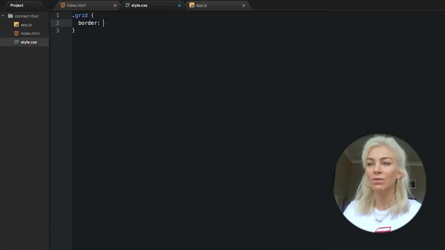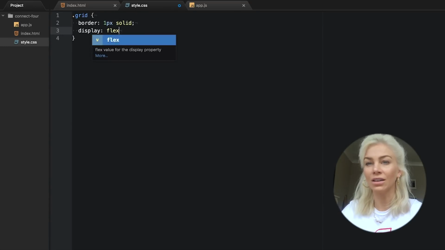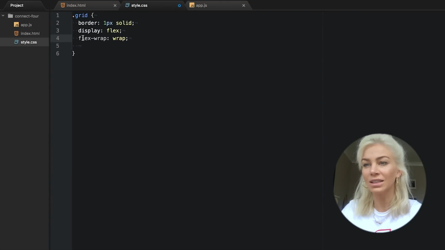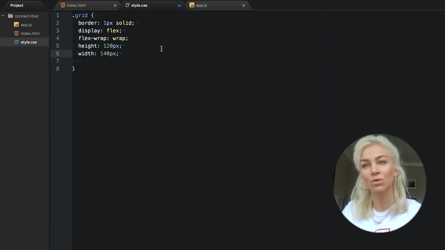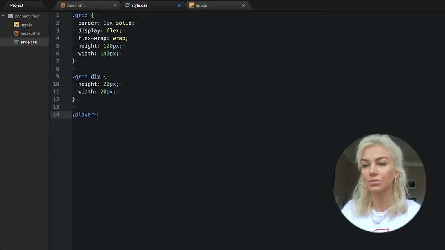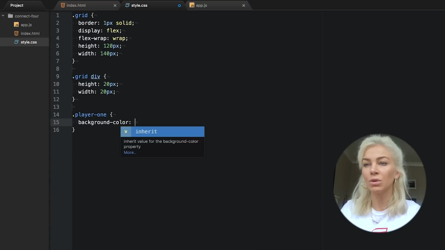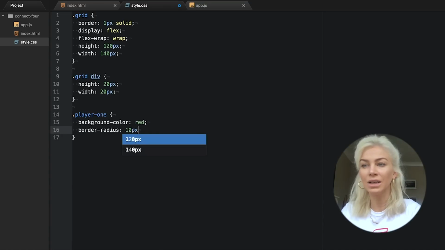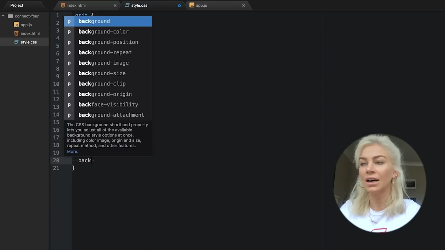Okay, now flip over to your CSS file and add the following styling to make our list of divs and the div with the class name grid look like an actual grid. We use Flexbox to wrap the divs into a grid square. We will also be passing our player 1 and player 2 colors here, like this.